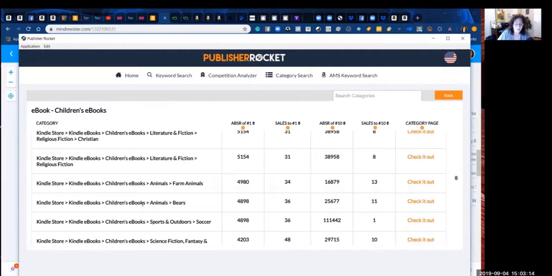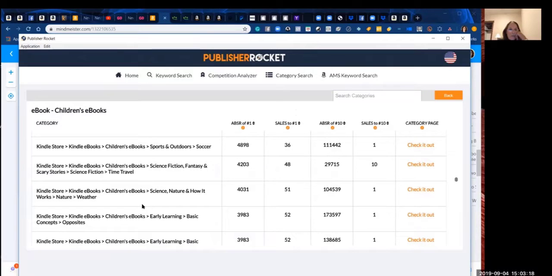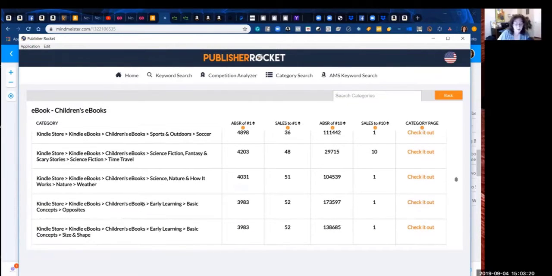Would you consider them farm animals? No. Time travel. Oh, that's cool. Weather. So this is another thing that I've heard people say: go check out the categories and opportunities,